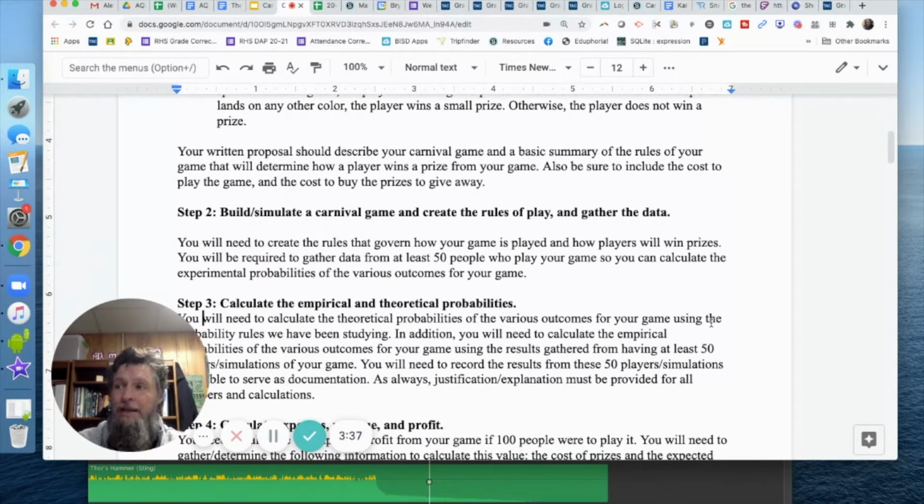You're going to simulate it. So you're going to create the rules that govern how your game is played and how players win prizes. Well, it'll be some combination of the things that you do on your game. You're required to gather data from at least 50 people who play or from a simulation, which of course will